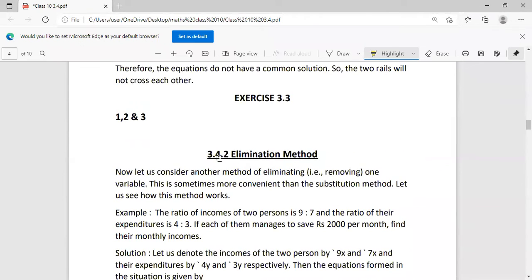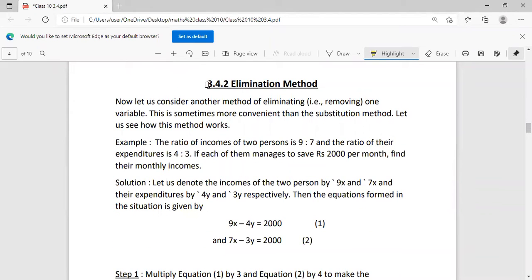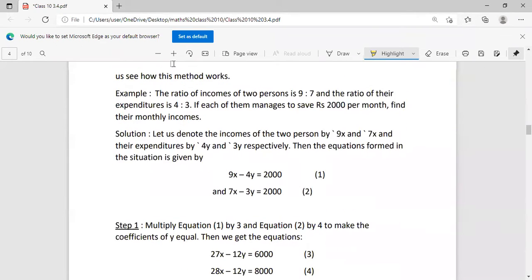solution at all. Today, we are going to see a new method, which is called the elimination method. Okay, as the name says, we are removing or eliminating one variable, and now we have removed one variable, so only the remaining one variable is there. And using that variable, we are finding the value of that variable, and we are moving further. Sometimes this elimination method is more easier for you than that of substitution method. Let us see how this method is being used.